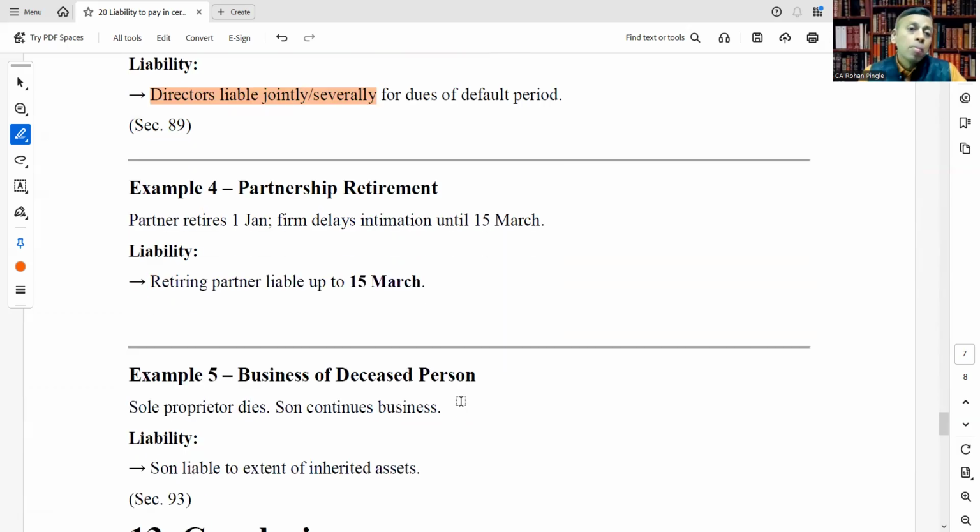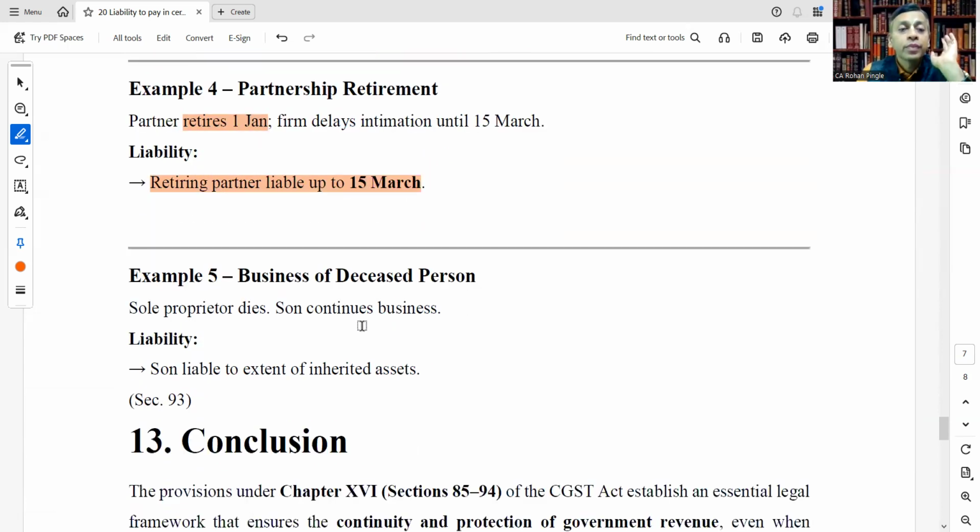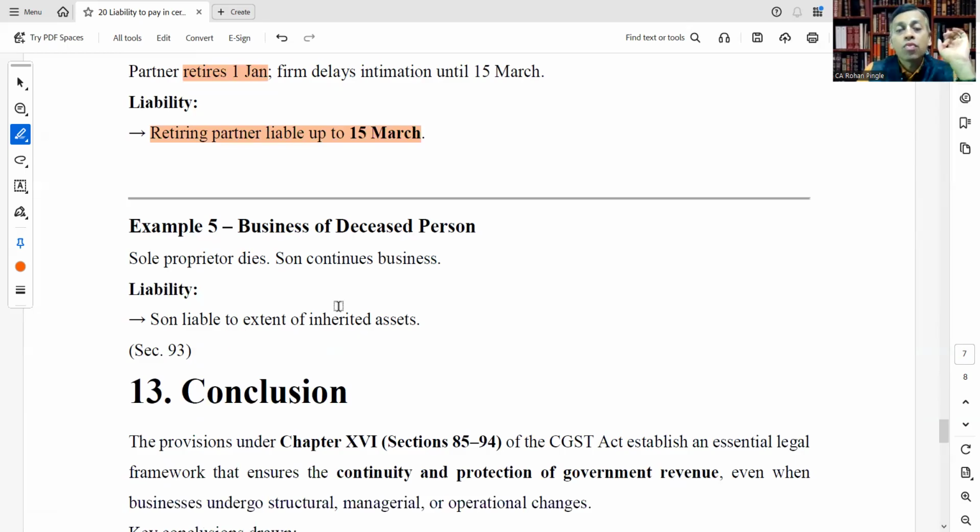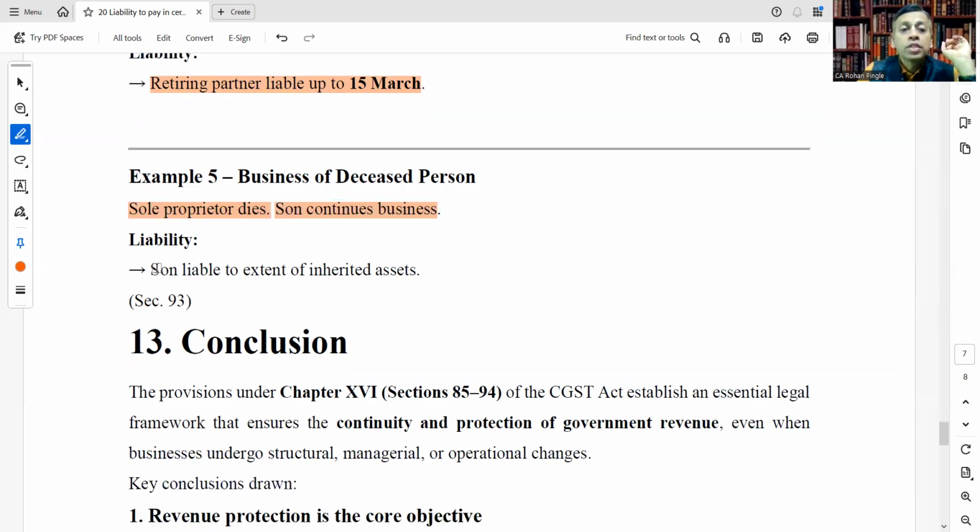Example 4, partnership retirement. A partner retires on 1st January. The firm delays intimation until 15th March. Liability: the retiring partner is liable up to 15th March. Very clear? Fifth example, business of deceased person. A sole proprietor dies, son continues business. The son will be liable to the extent of inherited assets. Okay. And now we will move on to our